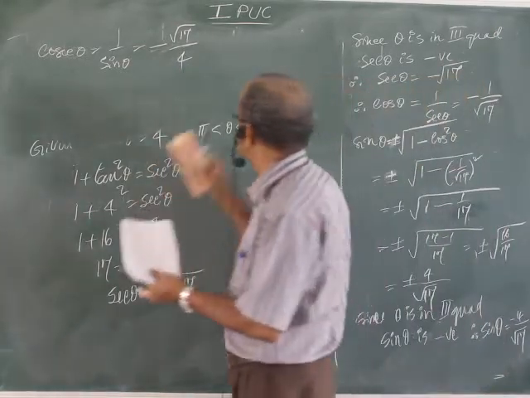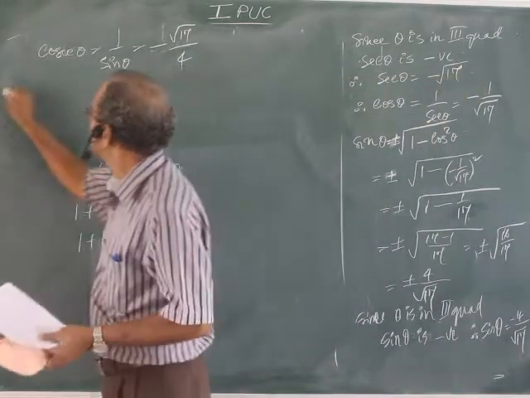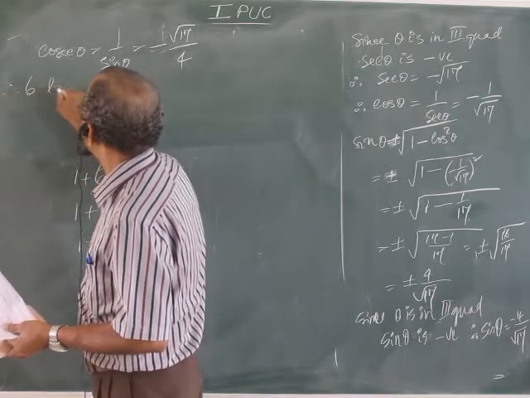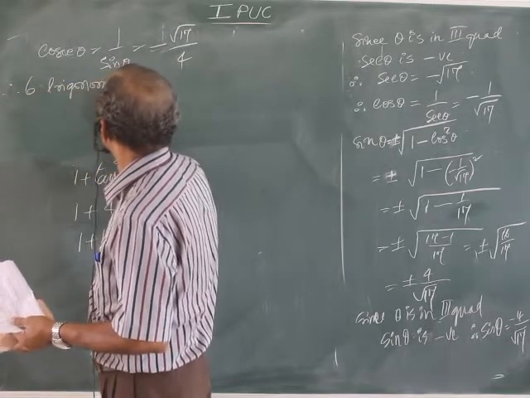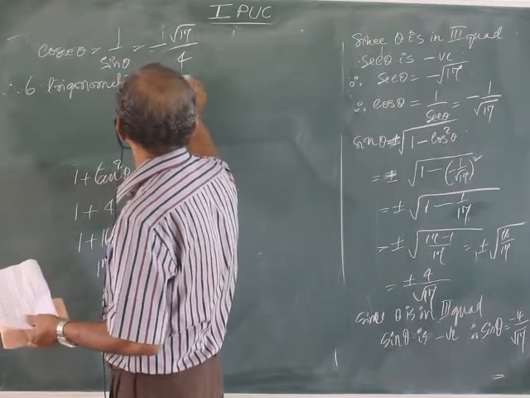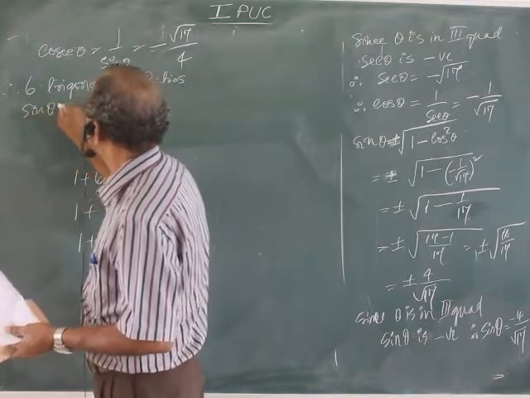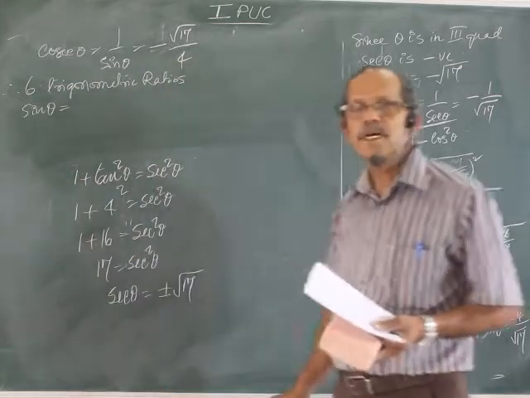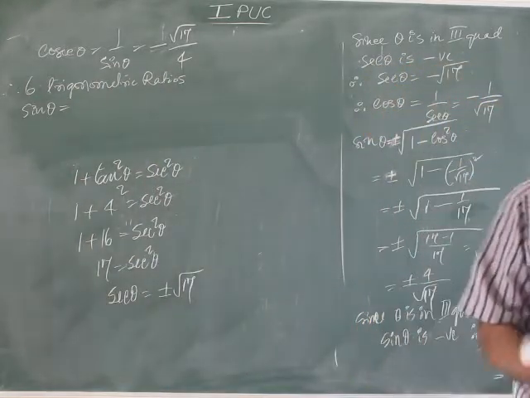Let me write all the answers together. Therefore, the 6 trigonometric ratios are, write once again, because they are scattered there. Collect them in the same place. Sin theta